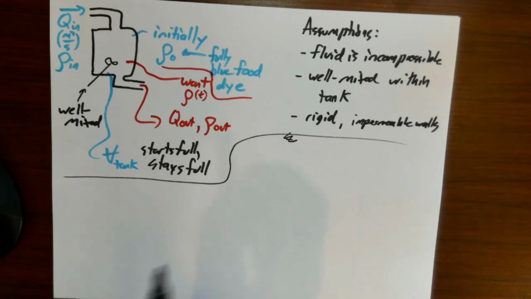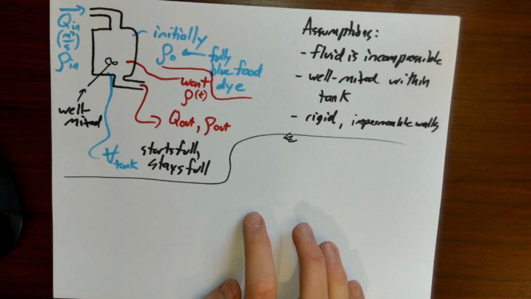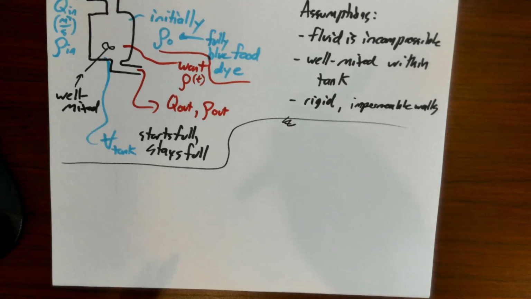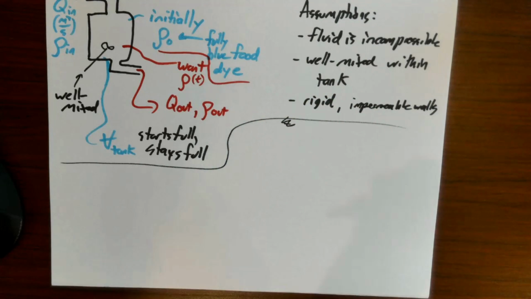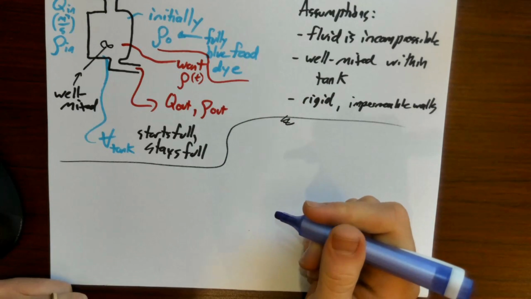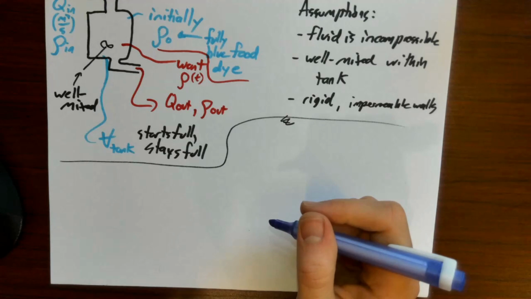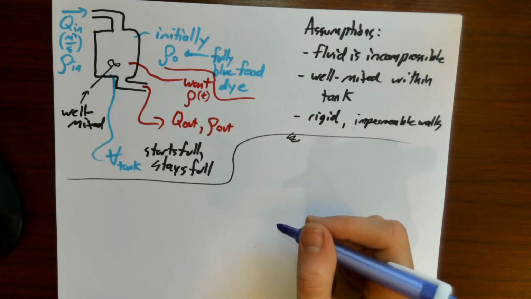So I would say now we've organized our problem info. So what is one of the next steps? Well, one of the next steps is we need to define a control volume. So let's define our control volume. I'll do it in purple here. And remember, we have a couple strategies for defining a control volume. One strategy is we want to